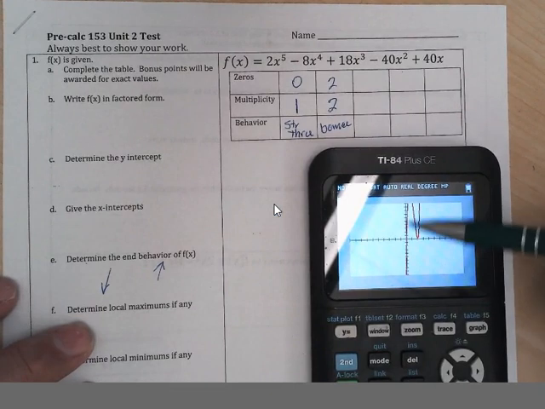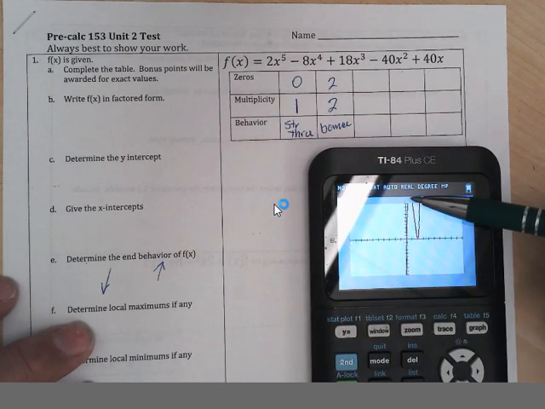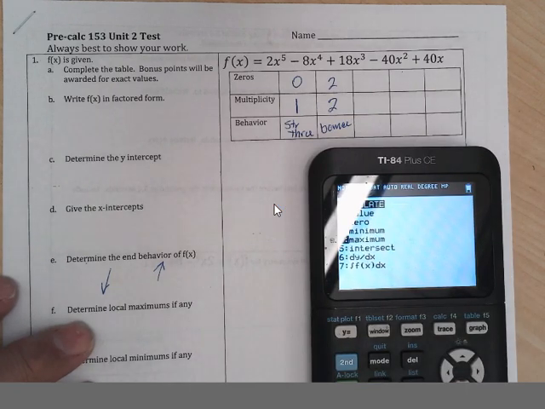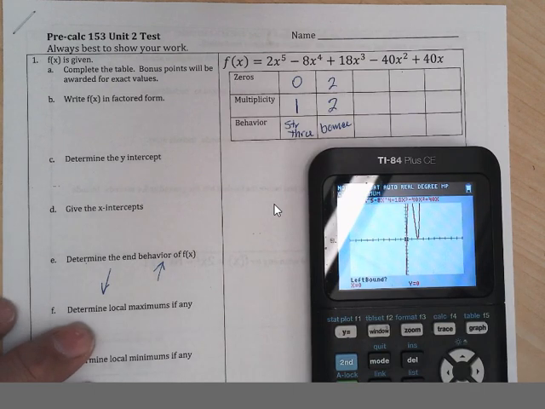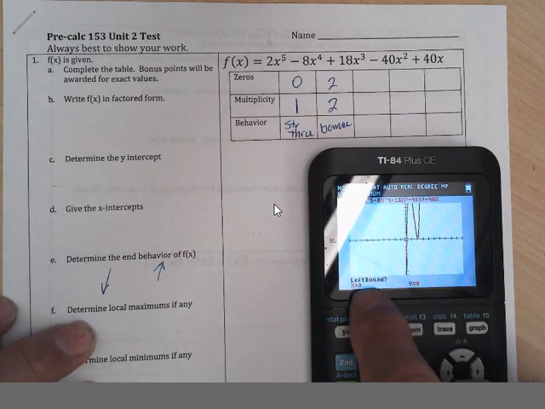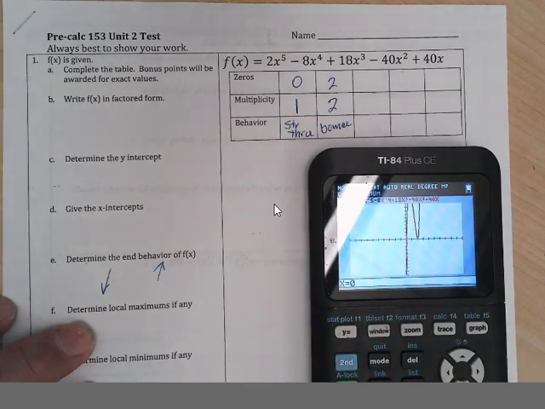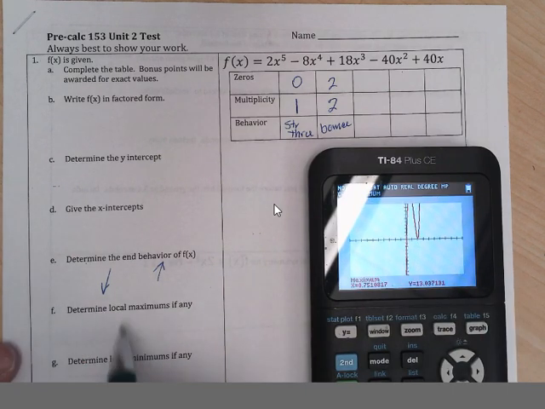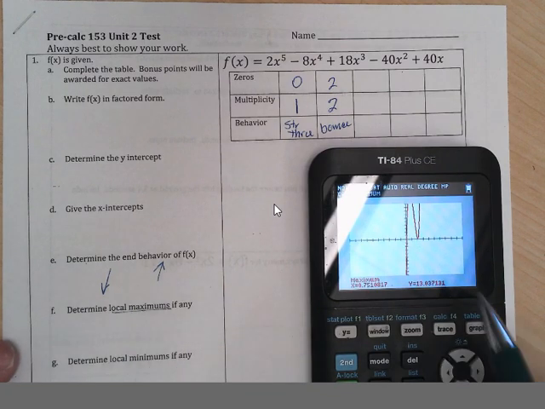A local minimum. If it's going up and it comes down, there's a local minimum, right? Or maximum. There's a maximum up here someplace. So I'm going to see it by going second, calculate the maximum. I'm not just going to see it, I'm going to find it. And the maximum is somewhere, left and right, somewhere between 0 and 2. So between 0 and 2, I'm going to guess 1. And it says it's at 0.75, and that's not what the maximum is. The maximum is the